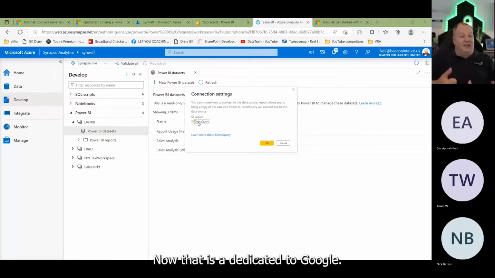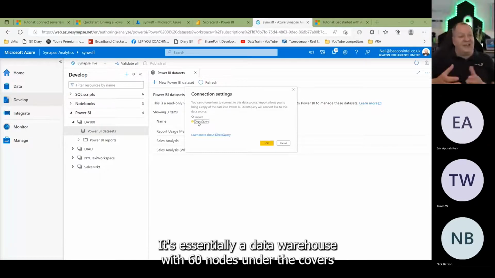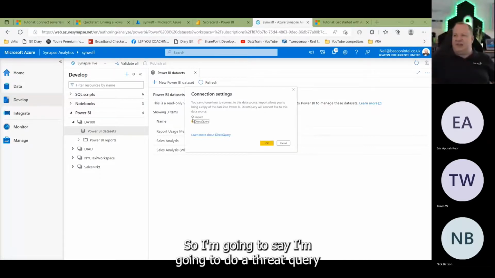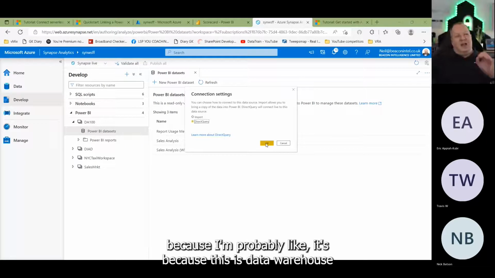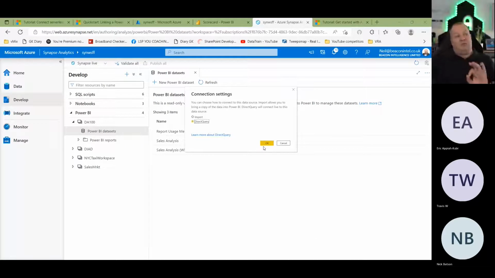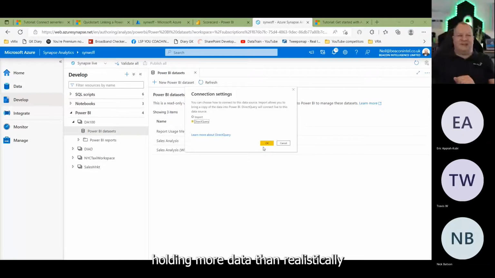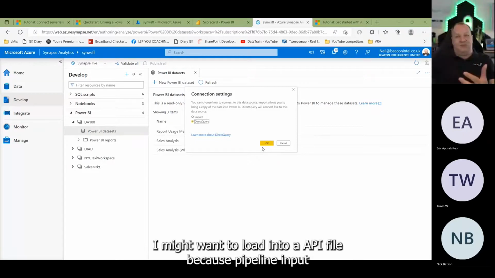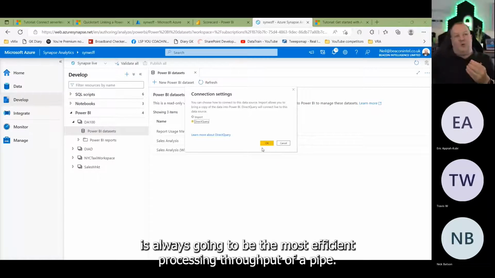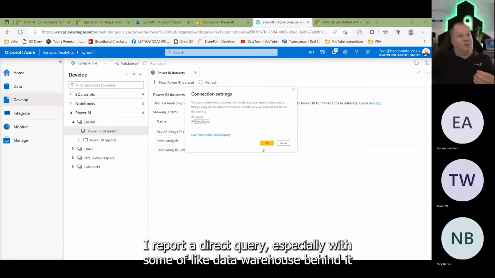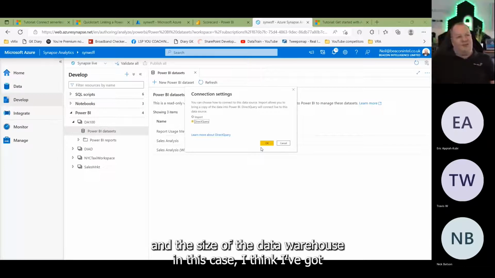Now that is a dedicated SQL pool, so it's got SQL Server syntax. It's essentially a data warehouse with 60 nodes under the covers, and it's all running. So I'm going to say I'm going to do direct query because, this being a data warehouse, I'm likely to be working with large amounts of data. Probably more data than realistically I might want to load into a Power BI file. Of course, Power BI import is always going to be the most efficient processing throughput of a Power BI report. But direct query, especially with something like a data warehouse behind it and the size of the data warehouse, in this